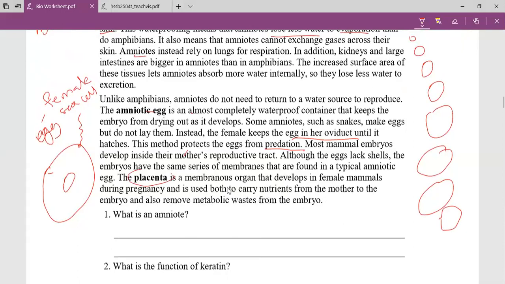The placenta, no, it's not used to protect the egg. Placenta is used to transport things from the mother to the offspring. So that's why it says it's a membranous organ that develops in the female mammals during pregnancy. It's not inside the body. It only develops when there's pregnancy. After pregnancy, it goes out with the pregnancy. It's not a specific organ. It's an organ that has been made for a purpose. Is that understood? And it's used to transport nutrients from the mother to the embryo,